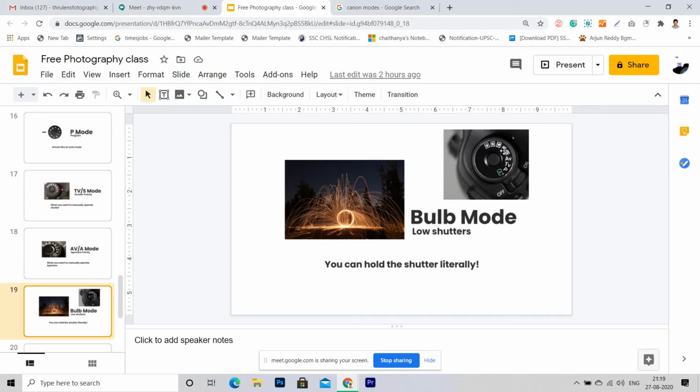When you are taking low shutter photos, the most important thing is that you require a tripod. If the camera moves even a little, the picture will come out blurred. Here there are two things: the person doing the experiment with the light, and the second person behind that light, who is also not moving. Only he is turning his hand, and that will not be visible, because mostly these photographs are taken from very far away or in very low light, so the hand will not be seen.